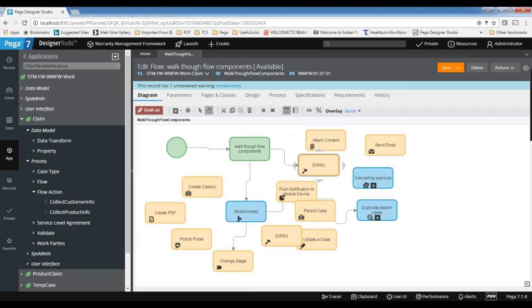As I say, there are only four to five ways where you cannot avoid activities. If you want to save the data, obviously you need to save it using Obj-Save. There is no other way in the data transforms or some other rule. And if you want to call the activities from the service rule, from the integration, there also you should use them. There you cannot avoid it, and at that time you can definitely go for it. But again, if something is not achievable using data transforms, you can go for activities and call them wherever required. Like at flow action level, at the on-button-click calls, at on-link-click calls. Wherever you want, you can call the activities.